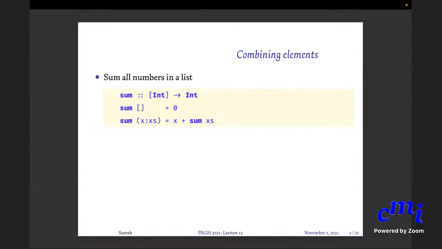Filter takes a list and outputs a list, but the output list is a sublist of the original list. Namely, it will try to apply a condition on every element of the list. Anytime the condition is satisfied, it will put it in the output list. Otherwise, it won't put it in the output list.